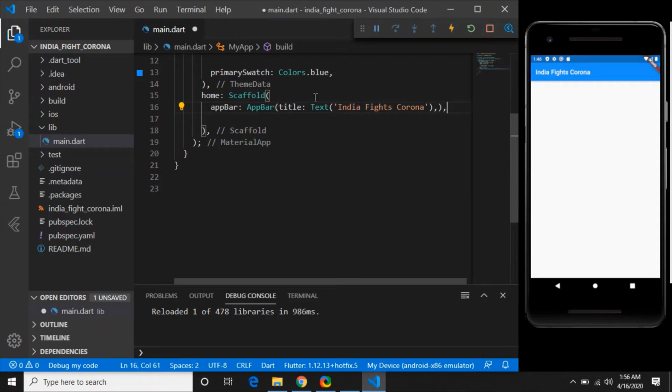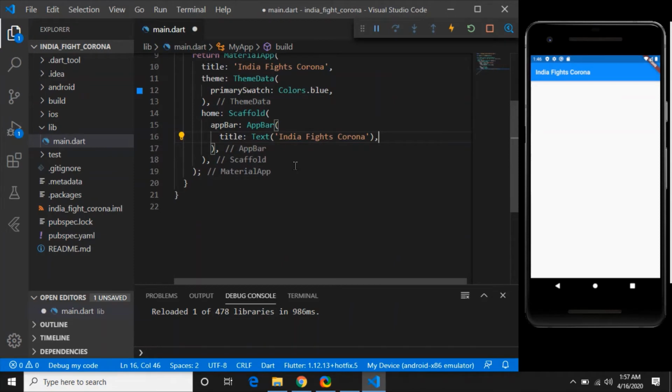If I give a comma, that is a good idea to fragment your code, because when you press Alt Shift F, it will get formatted in such a manner that wherever you have given a comma, it will come to the next line. So for every comma, your code will be fragmented to the next line. So this is the title, and this is the effect of that title.